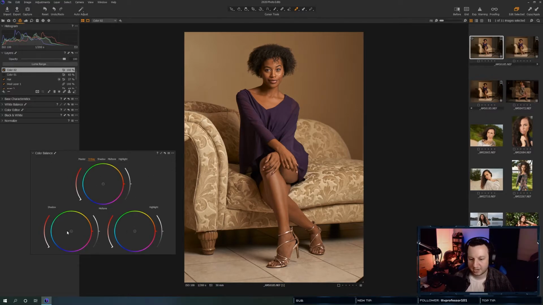Let's see here. Let's try, you know what? Because she's in a purple dress already, let's see what happens if we add a little bit of purple into the shadows. And then obviously we bring the shadows down a little bit. Brightness wise, the midtones we can add. Let's see, we'll just run this around at 100%. Let's even that out real quick. Let's see the highlights.